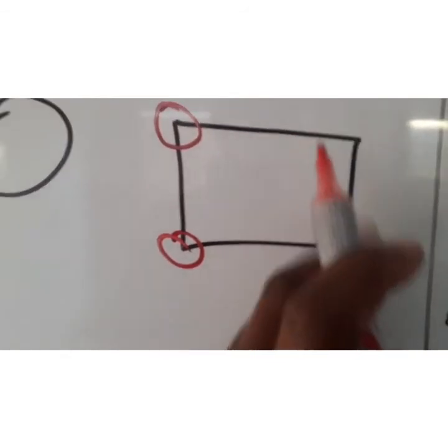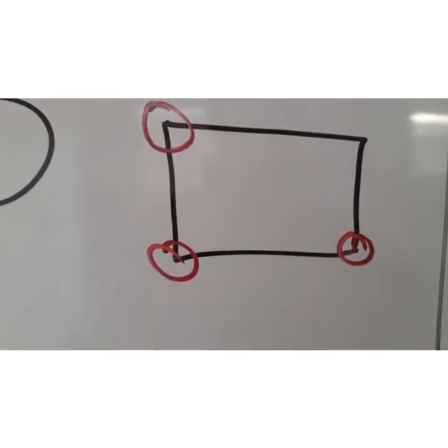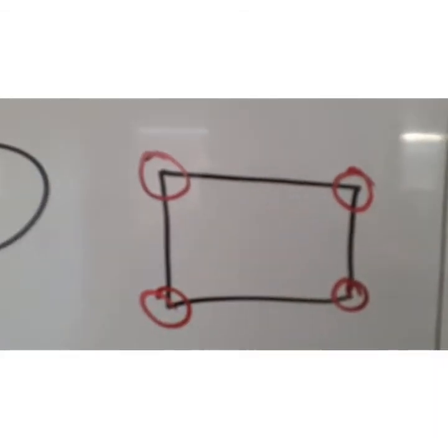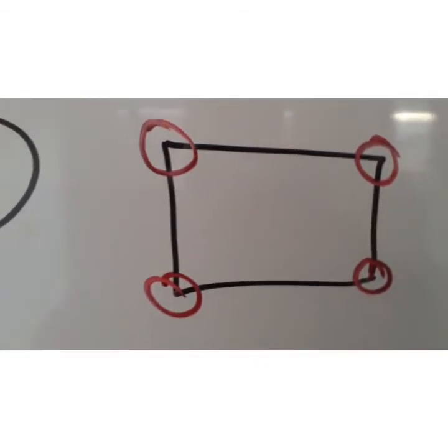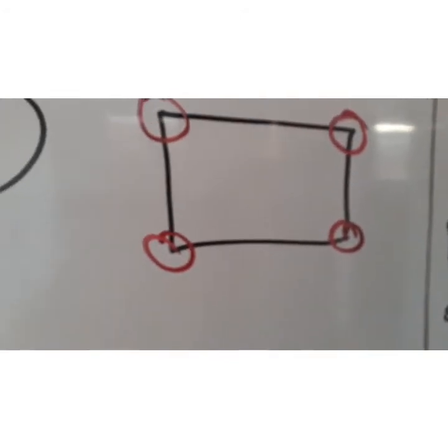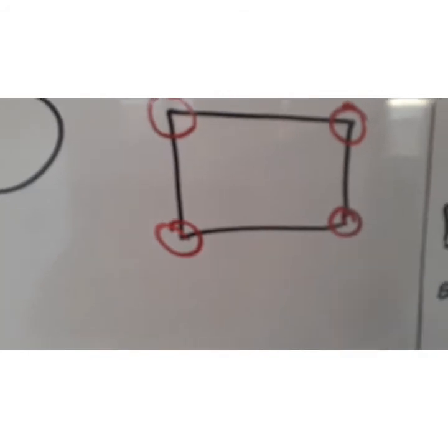This line and this line, they meet here. This is my third vertex. Then this line and this line, they meet here. This is my fourth vertex. Therefore, this means that I have 4 vertices on a rectangle. Okay, so